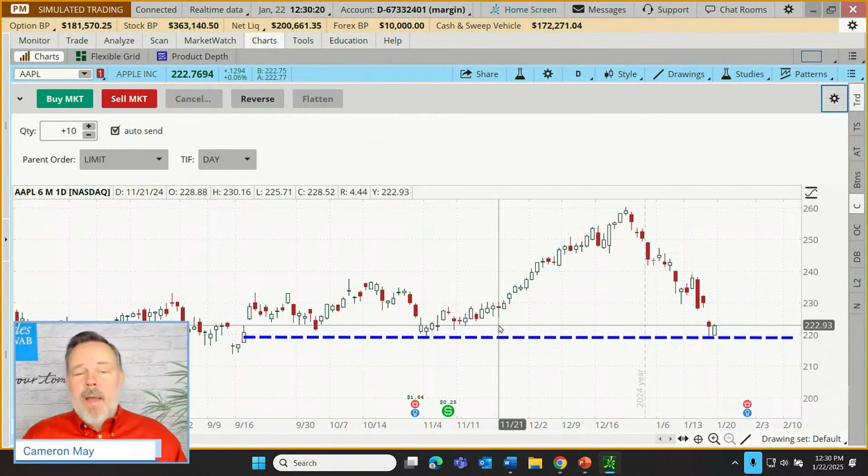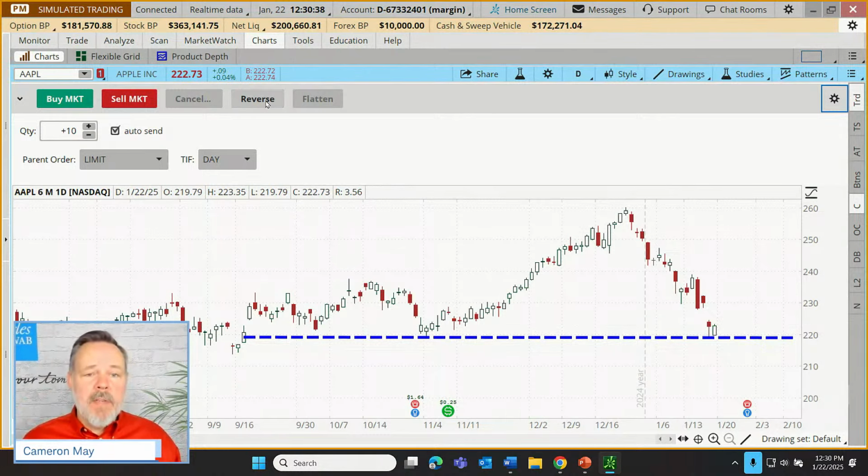Now, I'm not going to go deeply into selling shares short, but just be aware that that's a trade a stock trader might take when they think the stock price is going to go down. Sometimes it doesn't go down, it goes up. And if it keeps going up, there's unlimited loss potential when selling shares short. But in any case, a reverse position literally means get me out of what I was in and get me into just exactly the opposite.